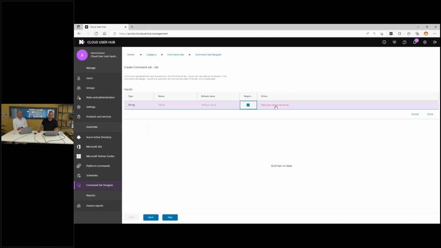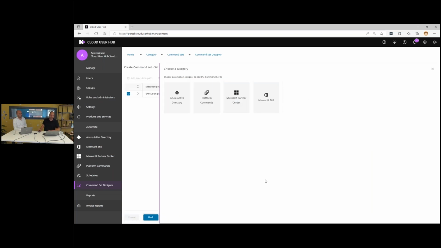I'm gonna refine it, require it. Sorry, and I will provide a name. There we go. That's it. So now the value test, the parameter test, can be used in the command set. And that's an important aspect because I told you that the command blocks are generic and can use input and output. We can use the output from the command block and utilize it as input for the next command block and make a chain of command blocks. Yeah. But we can also bring those variables, in this case test, that I just created into the mix.